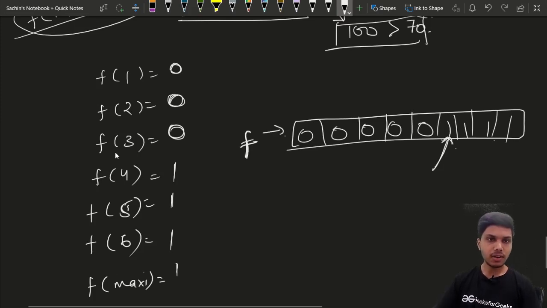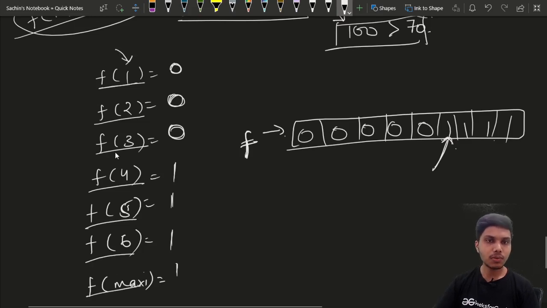Basically, here you can see what we are doing. We are checking whether it is possible to paint the boards in 1 unit of time. It will return false. Now I will check for f(2), that is, whether it is possible to paint the whole board in 2 units of time or not.